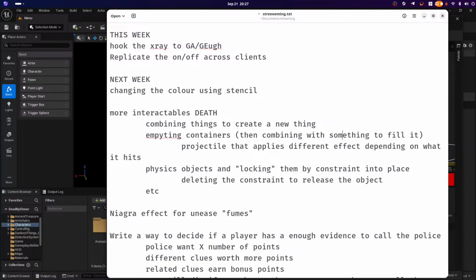It's just that when you shake it, it makes a projectile that goes, hey, I'm applying this effect of adding poison, and then how the container deals with it is to refill itself with poison, which is another way to do it. Probably emptying it would just be projectiles again. But now that I've said that, I should probably add this on here. Combining things to create a new thing, which is just kind of like that. But these both could be done